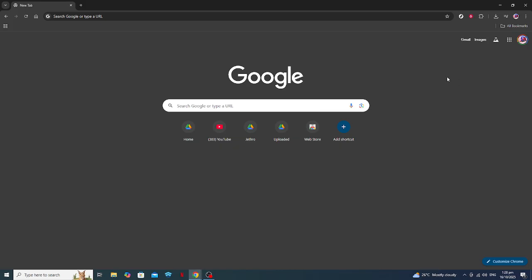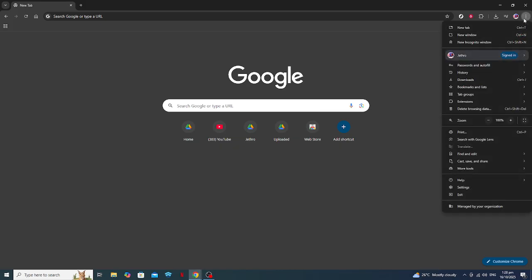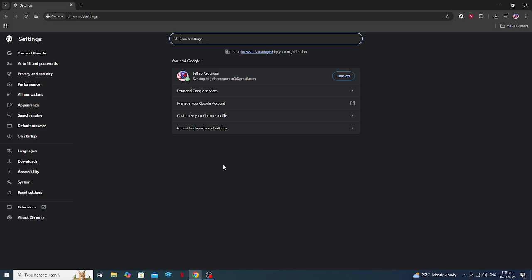Now, direct yourself to the top right corner of your Chrome window, where you'll find three vertical dots, often referred to as the More menu. Clicking this will unfold a cascade of options for you. From this menu, look for Settings and give it a click. This will open up the Settings page in a new tab, displaying a range of settings options on the left-hand